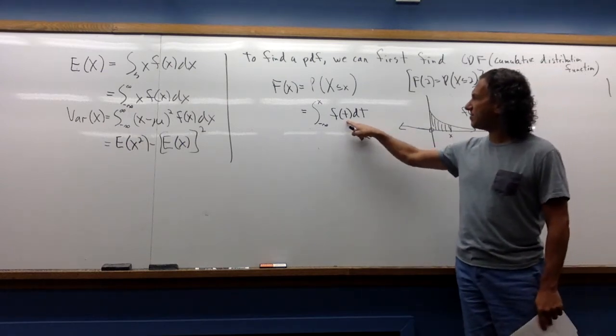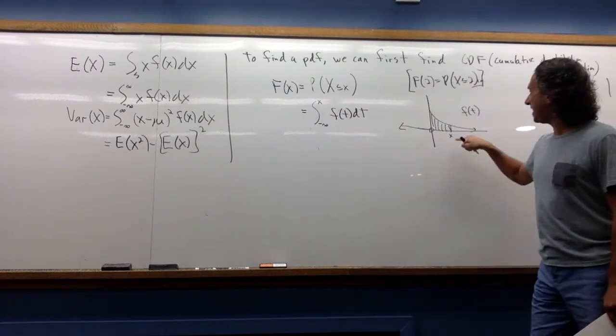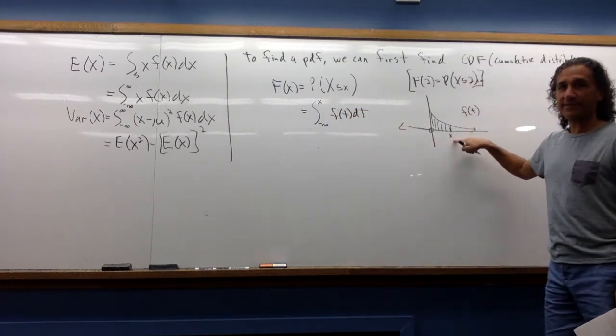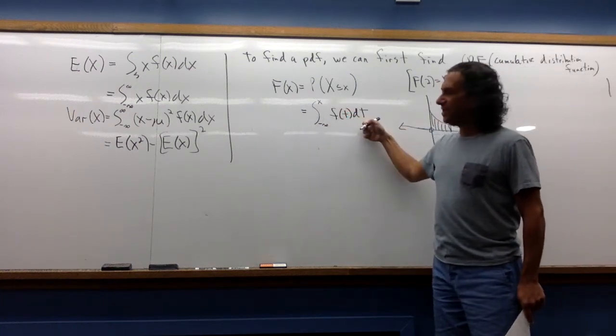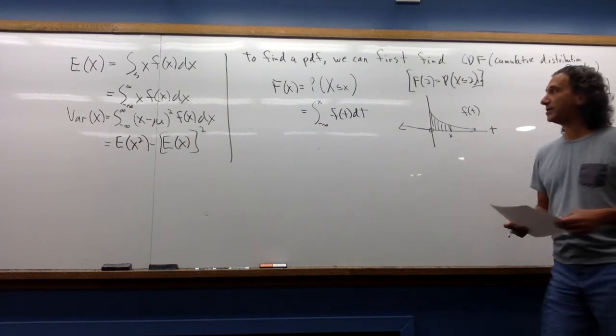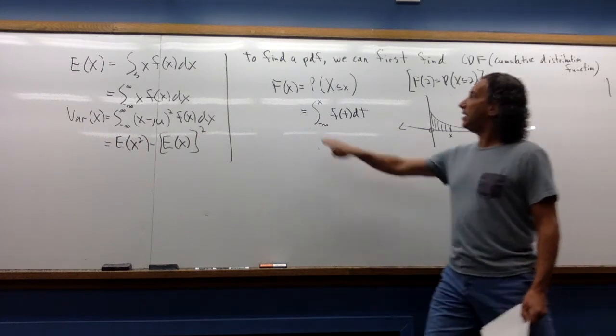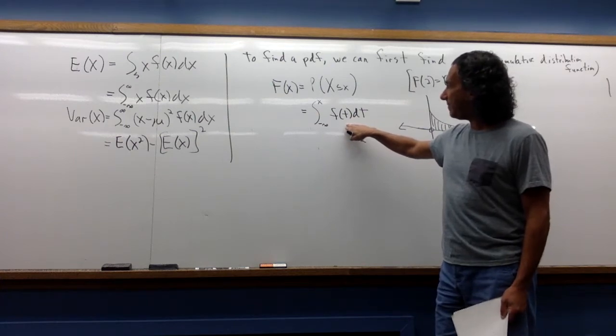Students always ask, hey, how come you have this t in here? Well, because this x is representing a fixed value x here. So I can't have x's here and x's here, because these x's are representing the limit involved in computing the integration. Okay, so big F of x is this thing, but that means